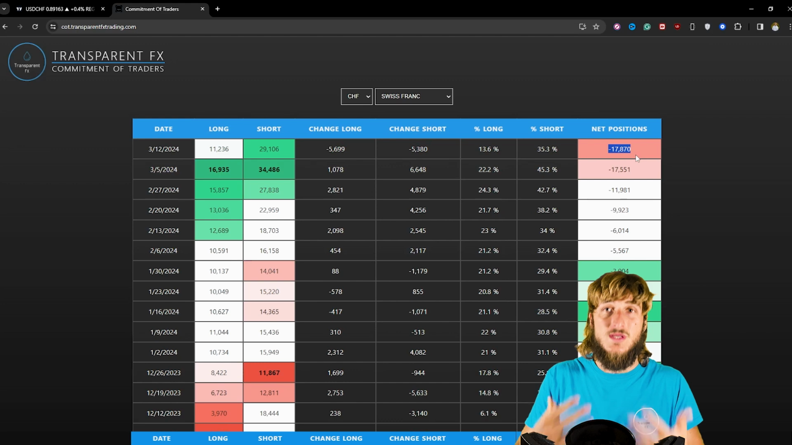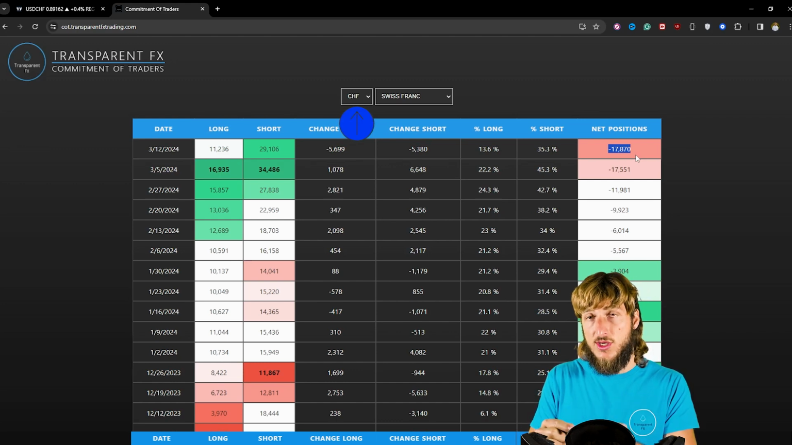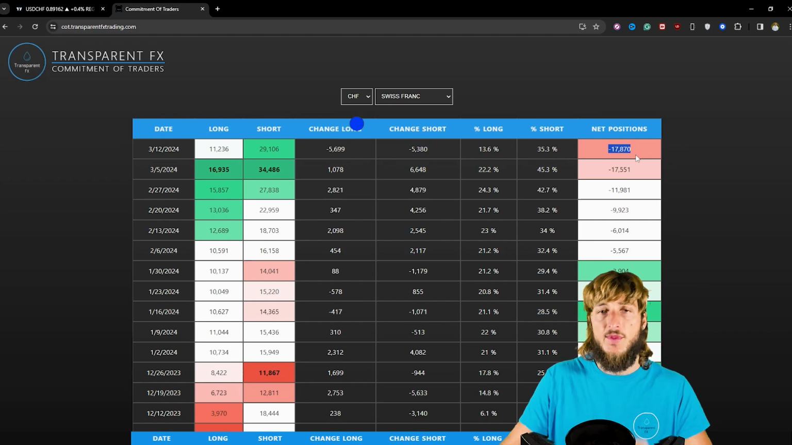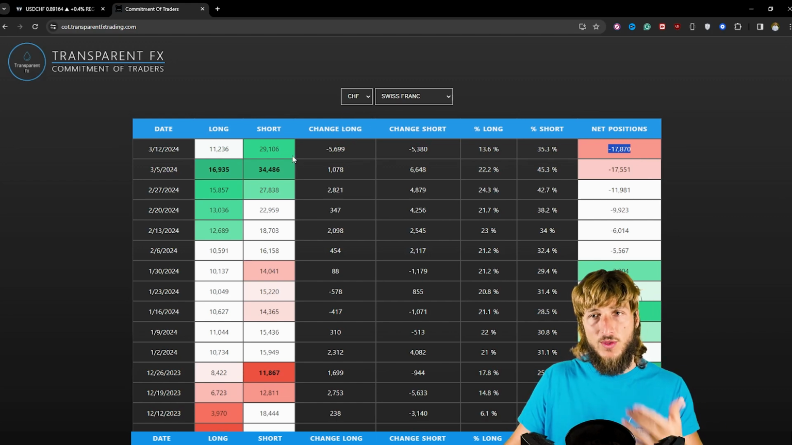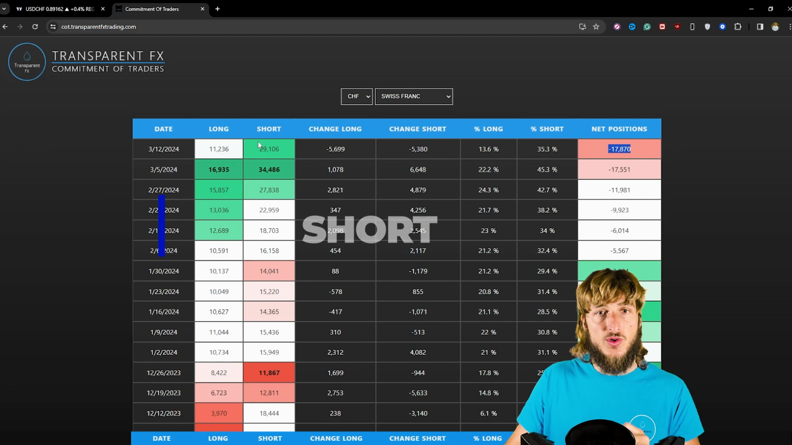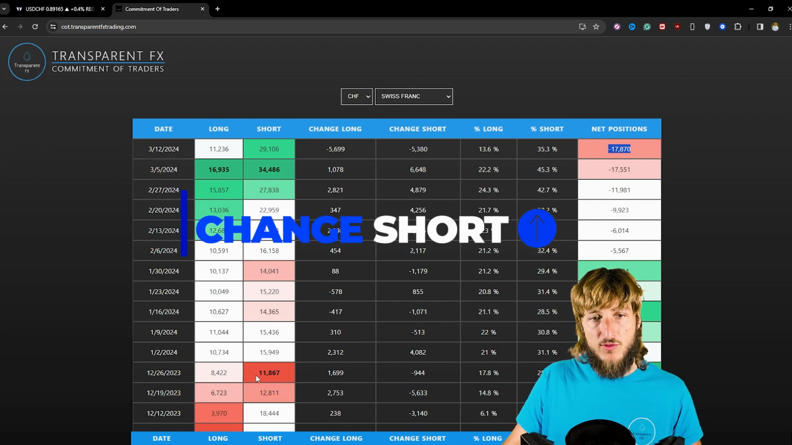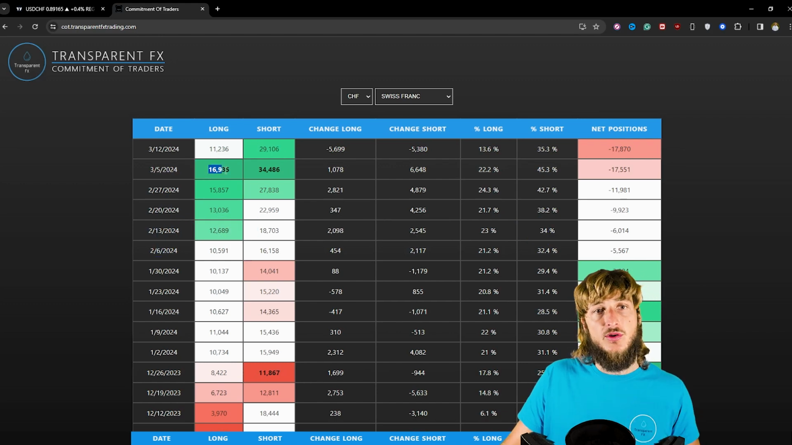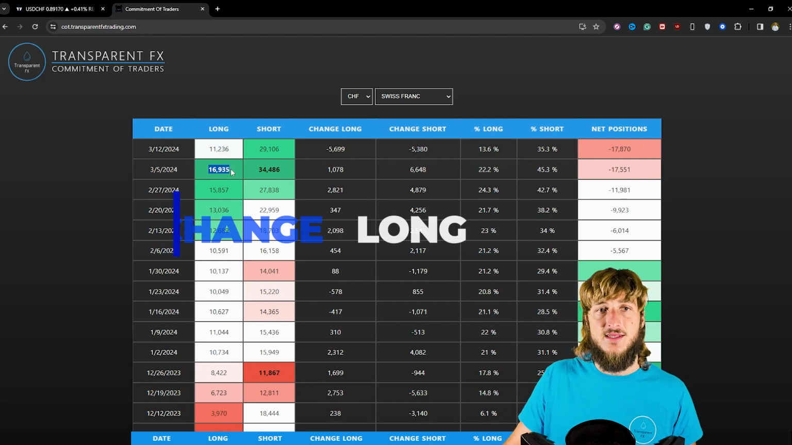Therefore, USDCHF has been getting stronger because institutions shorting the CHF means that actually they are longing USDCHF. And what we can see here is that with the last reports, in fact, shorts have been increased. We went from having 11.8K shorts up to 29.1K shorts, and longs got decreased from the high here at 16.9K